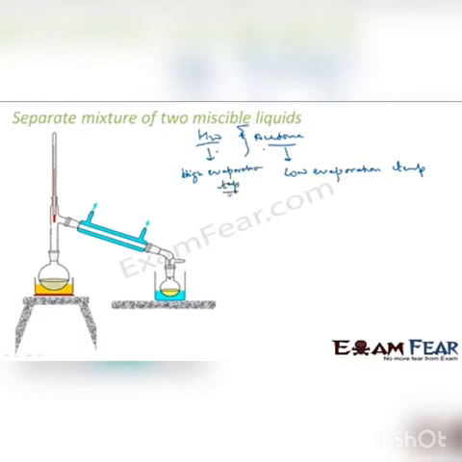With this fact, we'll arrange the apparatus like this, and this is the mixture I have, acetone plus water. Now I will heat this mixture. The moment you heat this mixture, which one has the low evaporation temperature? Acetone. So heat this slowly, right? Don't reach the boiling point of water. Heat it slowly at the boiling point of acetone, and then you will see that from here acetone comes out, not the water, only acetone. Why? Because acetone has a low evaporation temperature. The difference in the evaporation temperature of acetone and water is pretty high.